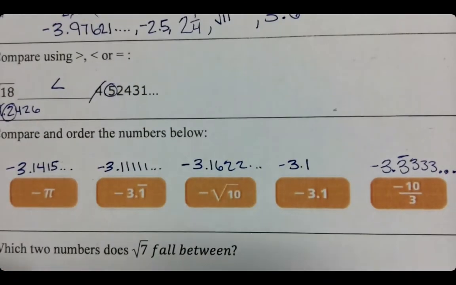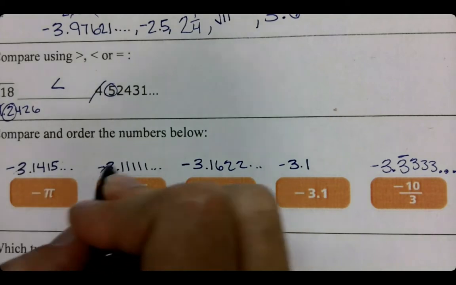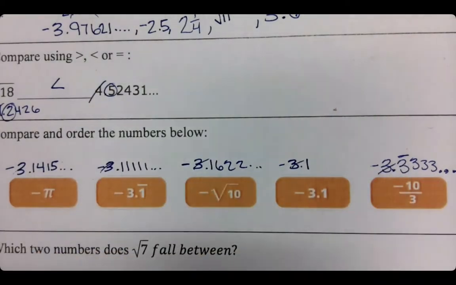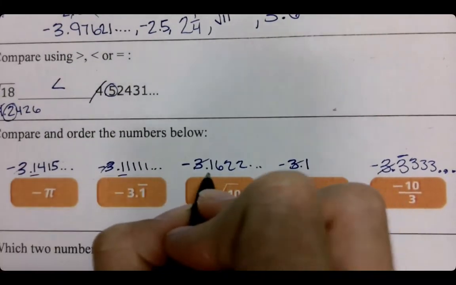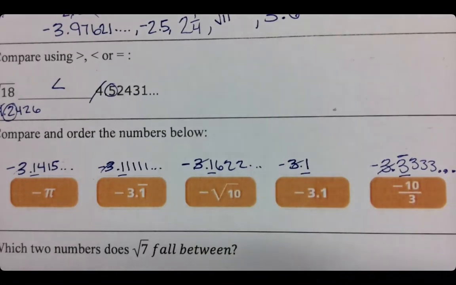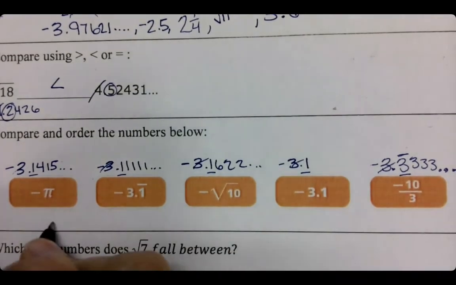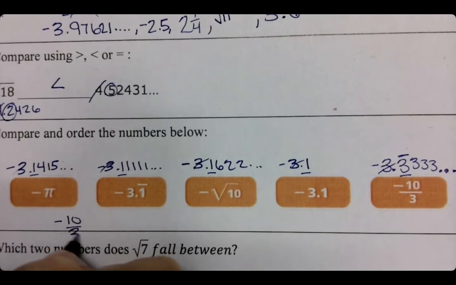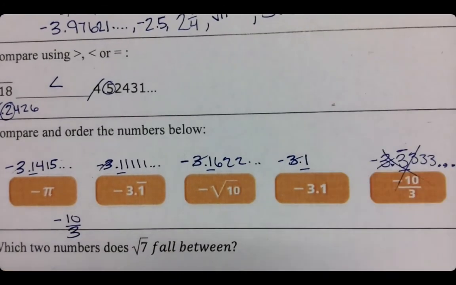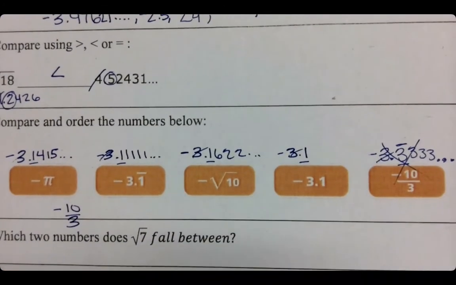And we should have put those in order. They all have that 3, so we're going to be looking at the decimal. I have 1s and I have a 3. Well, the nice thing is that means that this one is the smallest. Then when we are looking at the following one,